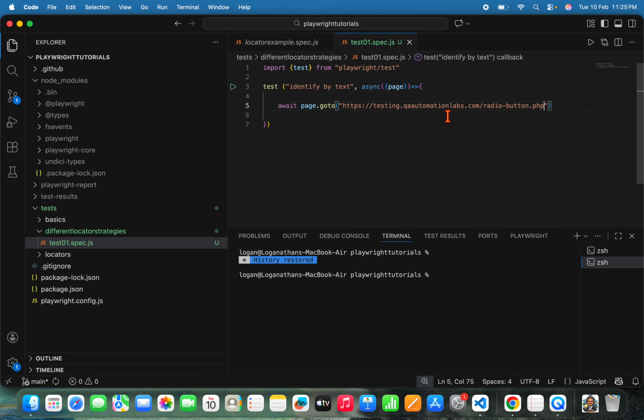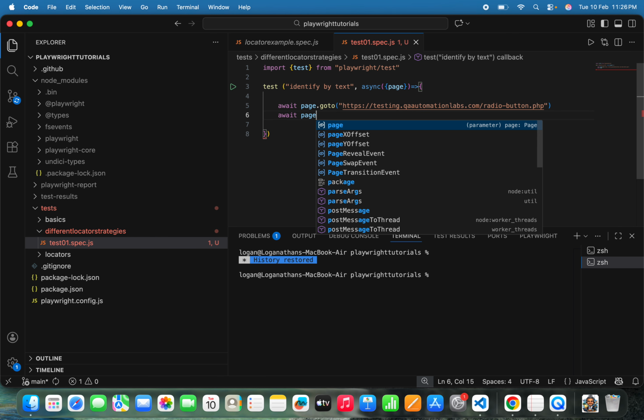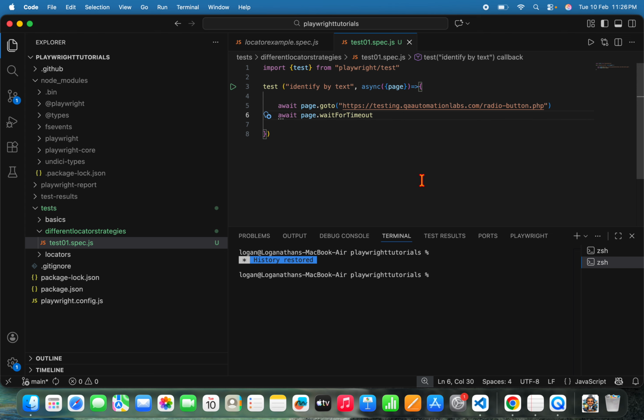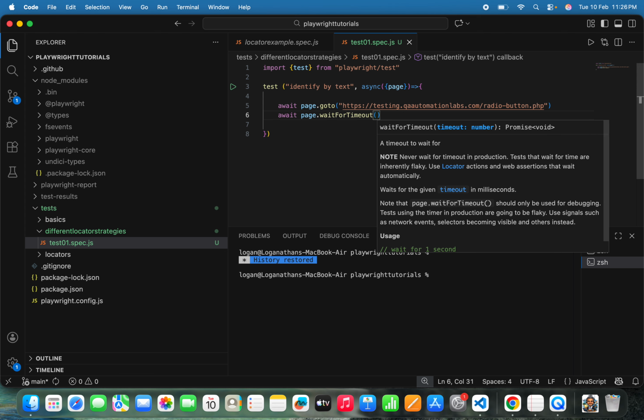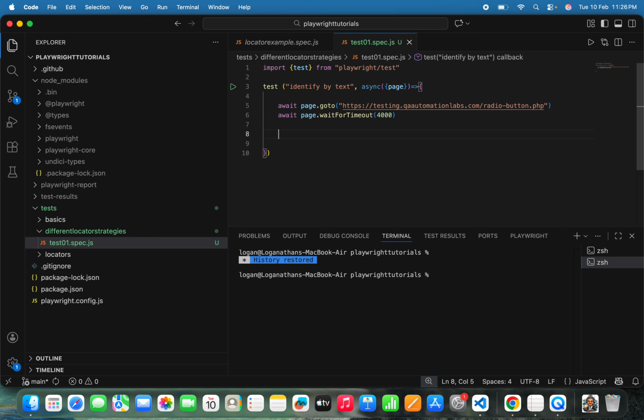Copy this, paste it, and then await page.waitForTimeout. I can use any other timeout, but I haven't covered them yet. That's why I go with this hard-coded timeout. So I'm waiting for 4 seconds,